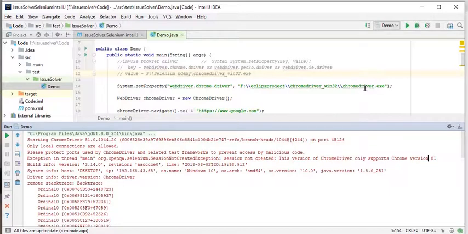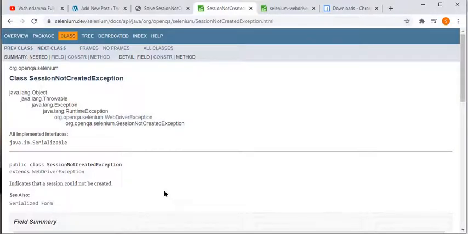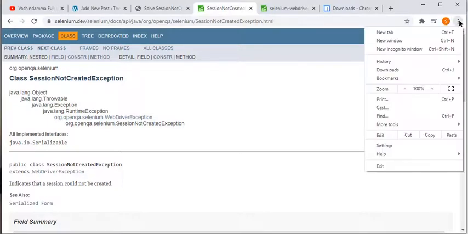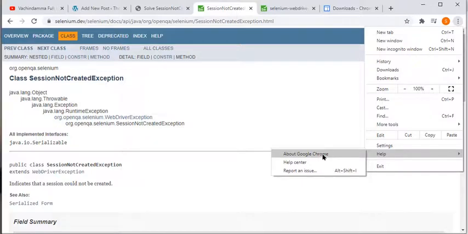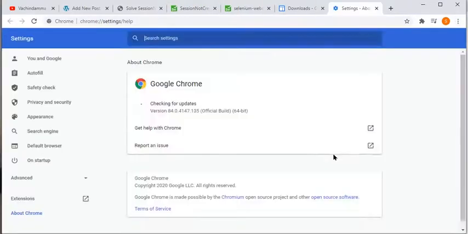So we got to know that our Chrome driver is version 81. Now we can find out the version of our browser. You can go into the options, help, and about Google Chrome. You can see my version is 84.